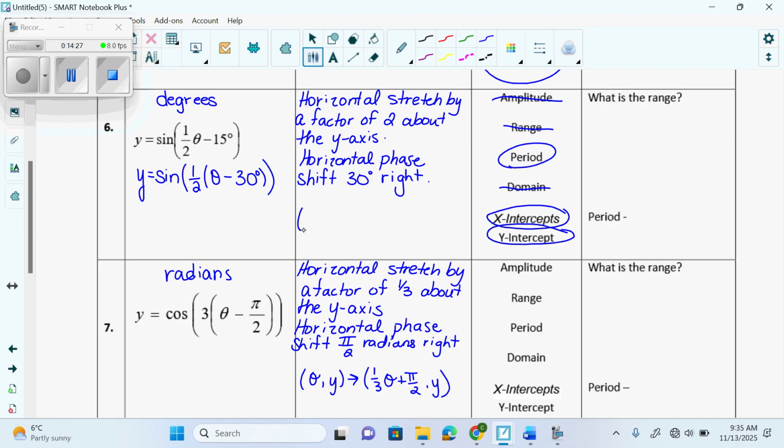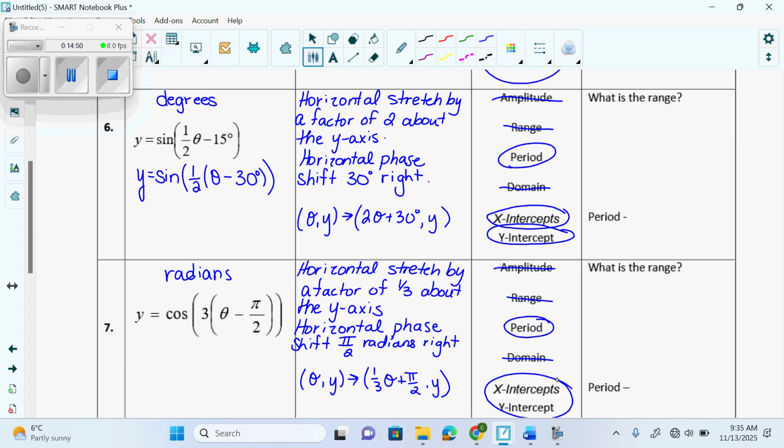And then, because it's still the same thing happening, your amplitude and range don't change, period does, domain doesn't change. Okay,